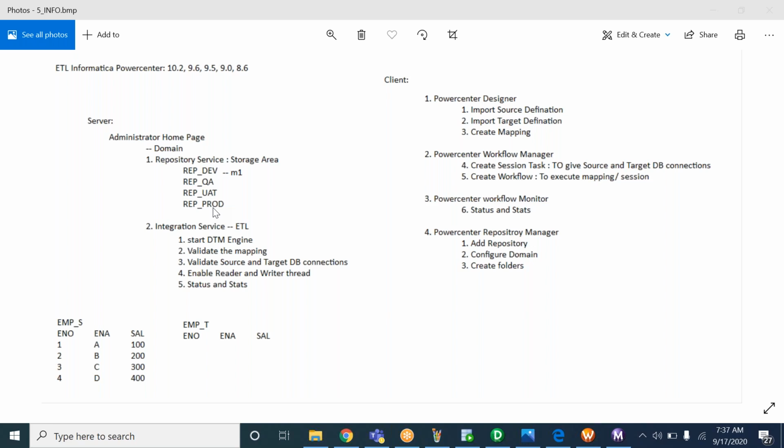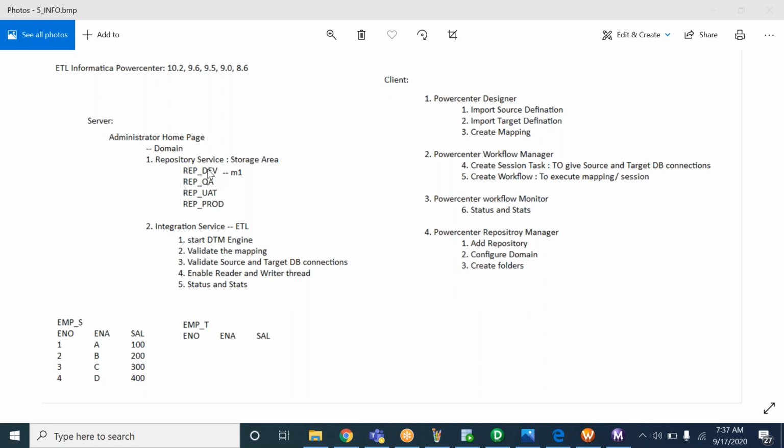Suppose you are working on a telecom project. In telecom, we know that there is prepaid and postpaid. Under the development repository, we will have a separate folder for prepaid and a separate folder for postpaid. All the prepaid related mappings to load the data will be in the prepaid folder.